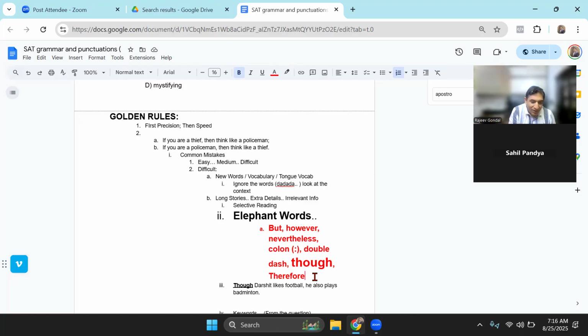Then what would you read? You would read the important words, the elephant words, and scout out the words that you think are important. That makes sense. So this will help you speed up your rate of answering questions, and not just that,